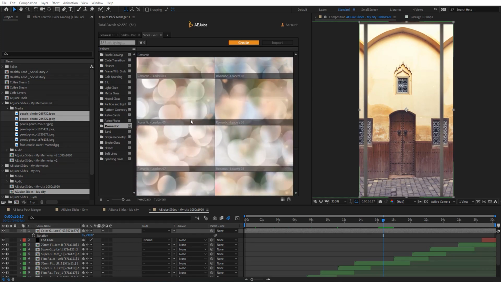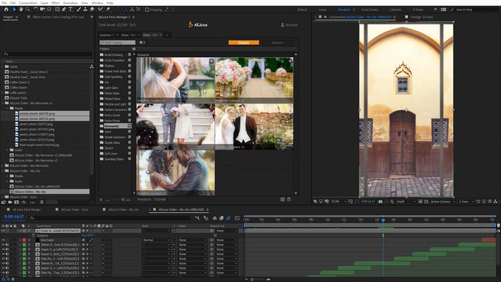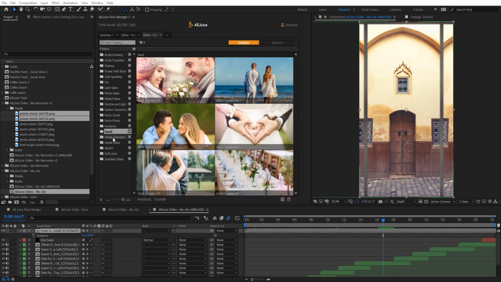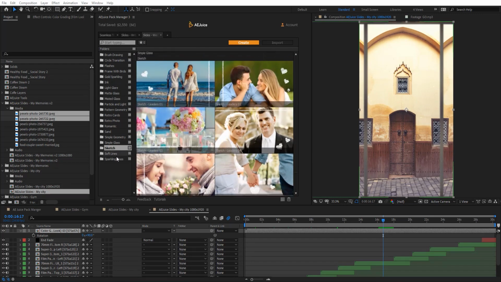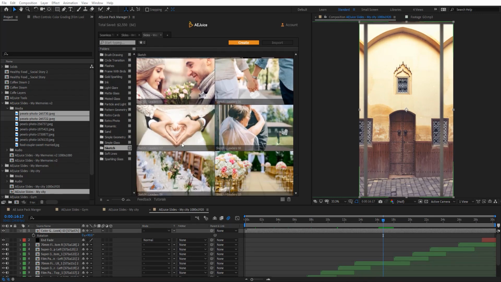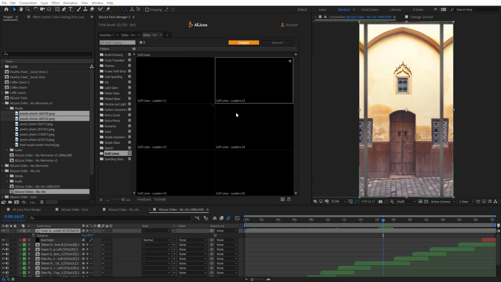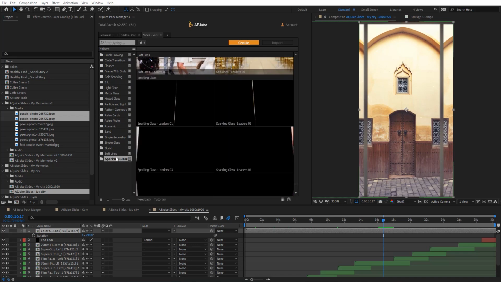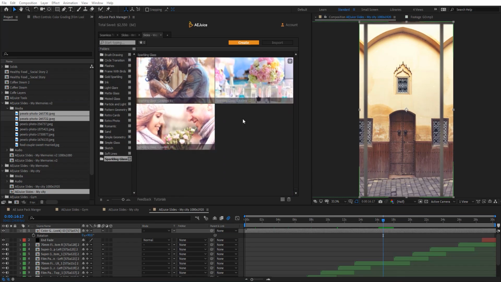They're really what I like in these packs for now. It's very smart. And here is what you got from all of these. So basically different styles and transitions. So if you're doing slideshows for weddings, this is basically going to save you a lot of time.